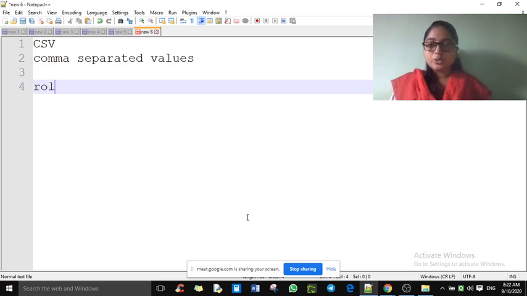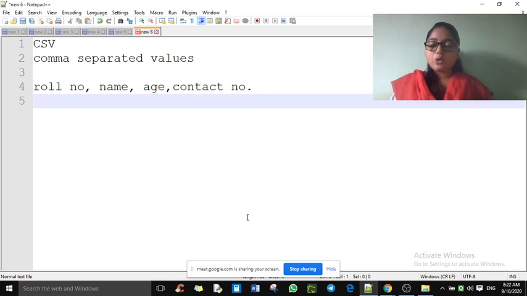Say this is roll number, then comma, then name, then age, then contact number. This represents the different columns. Say I'm writing roll number 1, comma, Smriti. Say I'm putting random values. Say 16, then a random contact number.